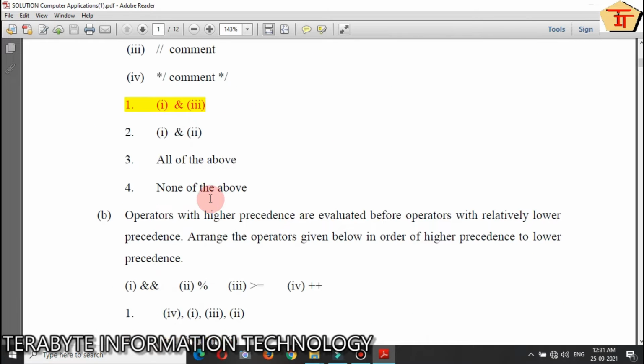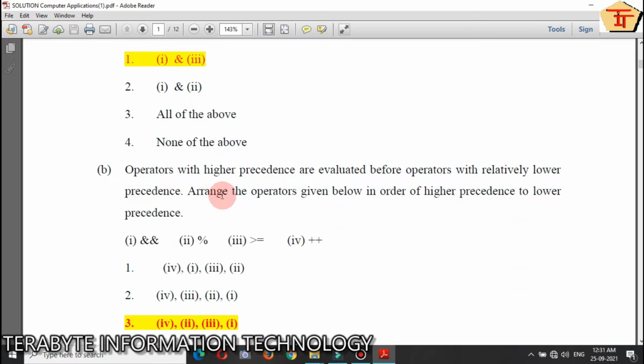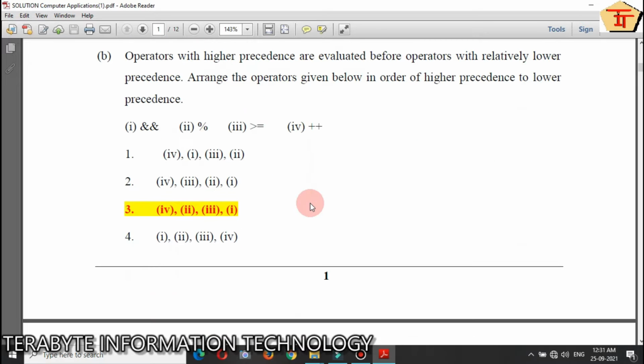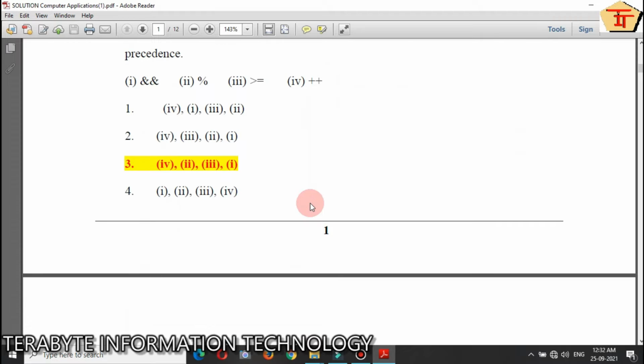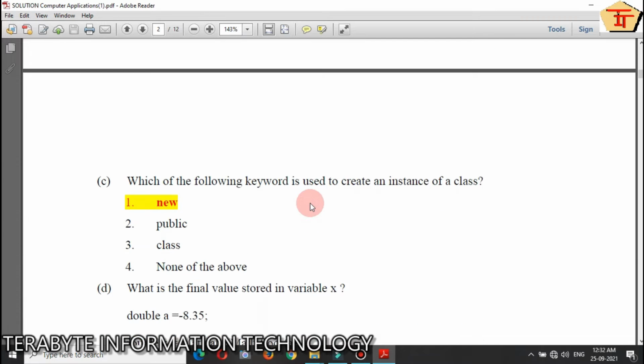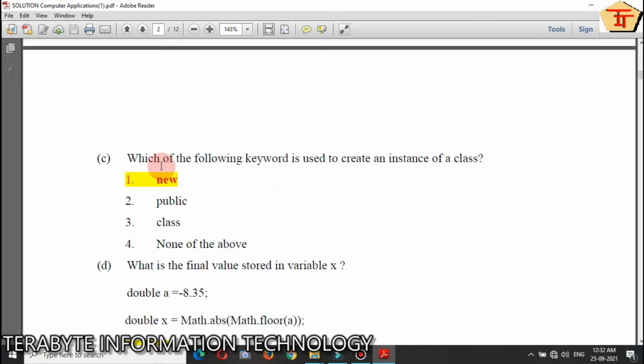In the B question, it is asking to order the operators from higher to lower, and I have marked it so that you can check which one is the correct one. Now the next question asks which of the following keywords is used to create an instance of a class. So number 1 is the correct one.